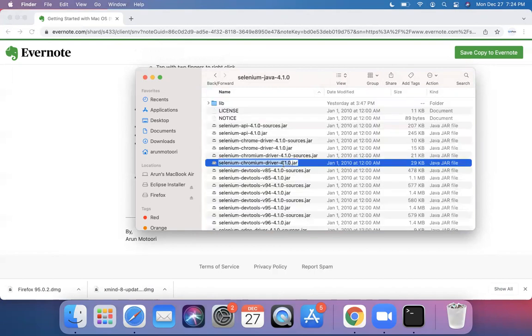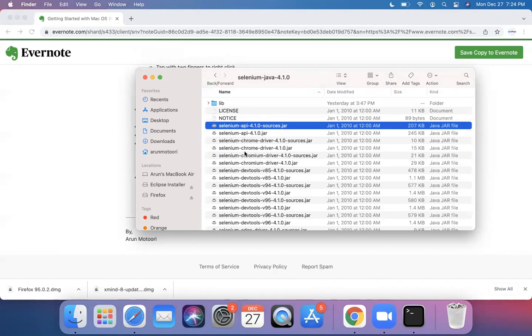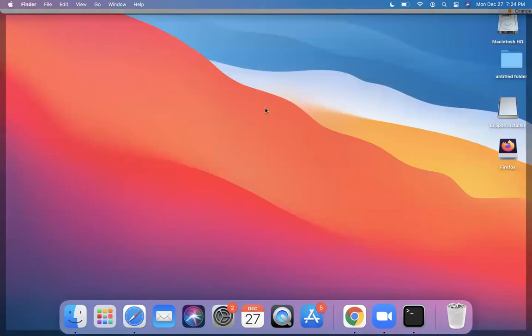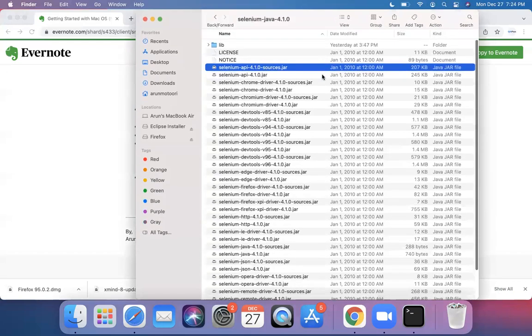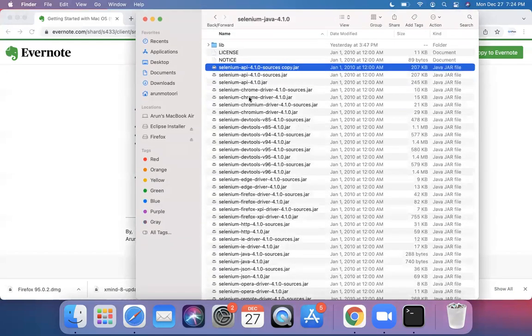Now, if I want to copy, let's say I want to copy this jar file. I'll select that and say Command C and go to the desktop. And here I'll say Command V. You see, it got pasted here. Command C is for copying, Command V is for pasting. Okay. Now here I want to cut this file. Select and Command X. Go back here and say Command V. A copy of the file came here, but from my desktop,